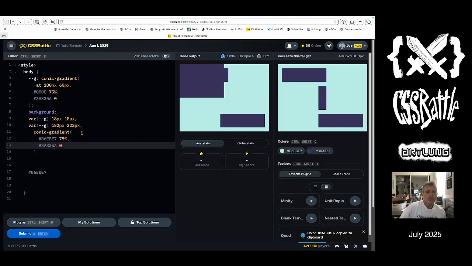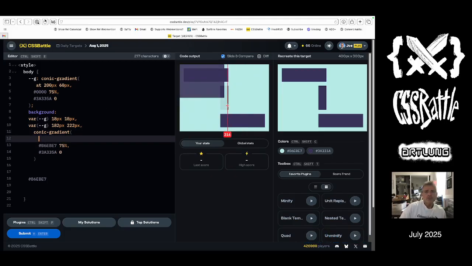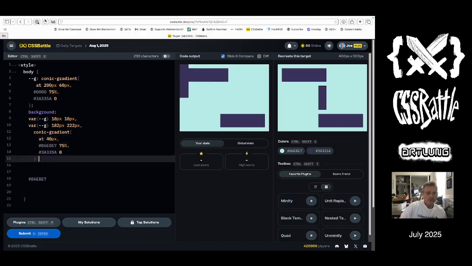And then we actually measure the width of this guy. He goes from 180 to 217, so it's probably 40 pixels. So at 40 pixels, comma, and then I can move him over 180 pixels, let's say, and then down 100